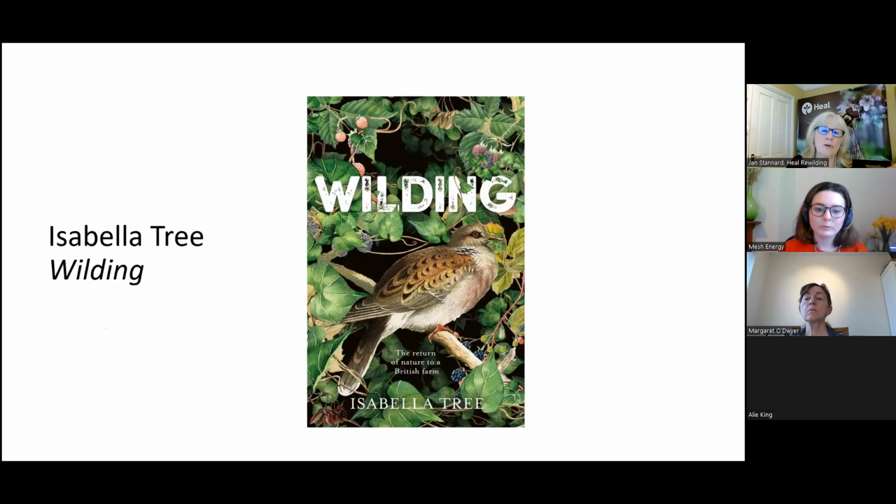For those of you in the audience who already know a bit about rewilding, the amazing work at Knepp was documented by the wife of the owner of Knepp, Isabella Tree. Great name. Who'd have guessed? What a better name could you have than Isabella Tree? And interestingly, if you open and read the first paragraph of Wilding, Ted Green is mentioned, who is one of the country's foremost experts on ancient trees. And he'd been called into Knepp by Isabella Tree and her husband, Sir Charles Burrell, to look at some very old oak trees that were not thriving.